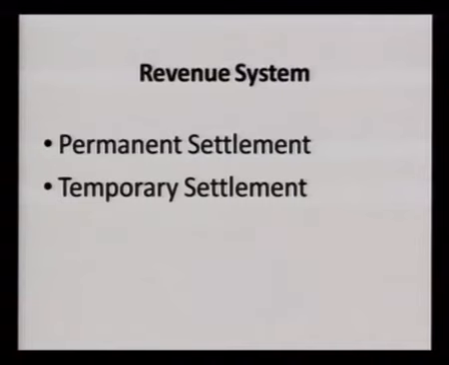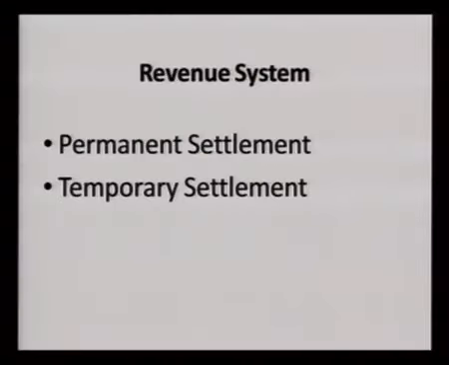What happened to agriculture? This is also very important. Britishers borrowed the system from the Mughals, particularly the Zamindari system. There were two types of revenue system during the British period. One is permanent settlement and the other one is temporary settlement. The Britishers' major objective was to collect revenue. Resource-wise, the Indian economy was really rich. So how did they tap the resources? Land revenue was the major source of money.